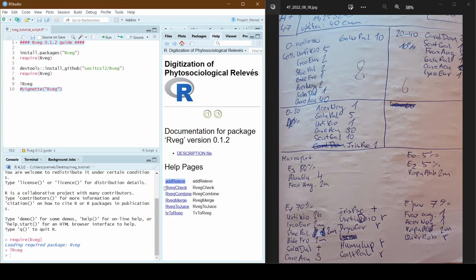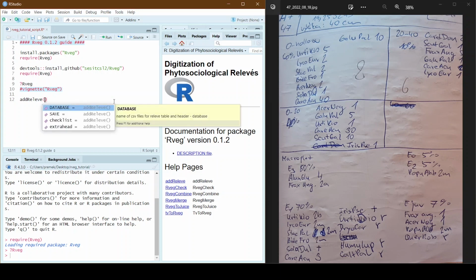The other functions are just additions to it for modifying the relevés. So in this first part, I will explain the add_releve function step by step. We can start right away with add_releve.